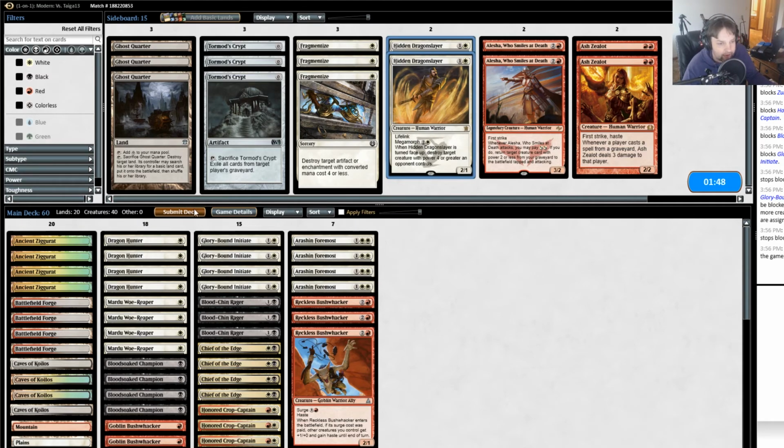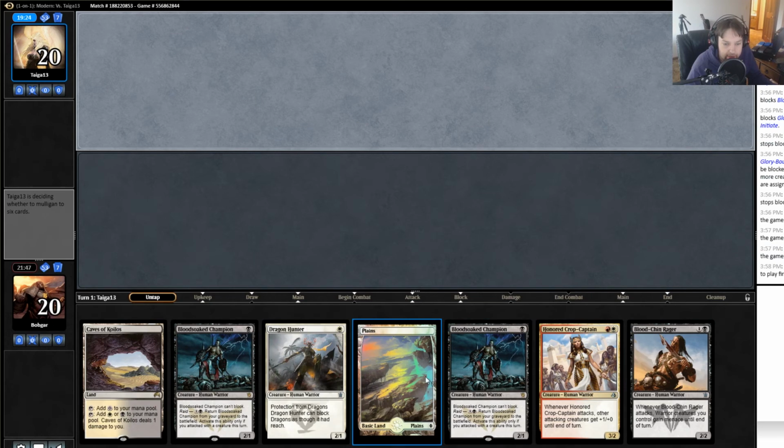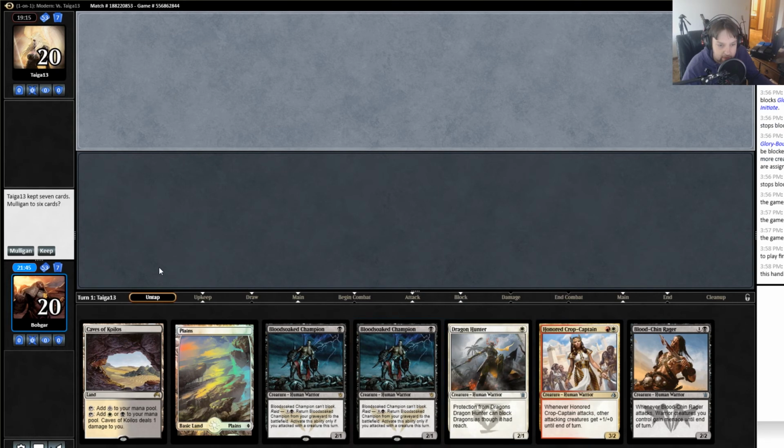I think I run it back. I think he's got to show me that I need those things. I think this is a keep. We're going to damage ourselves a little bit. We got a bunch of 1-drops. We got a bunch of 2-drops. Probably start with Dragon Hunter. We can't play Crop Captain, unfortunately, because of our mana, but we have...